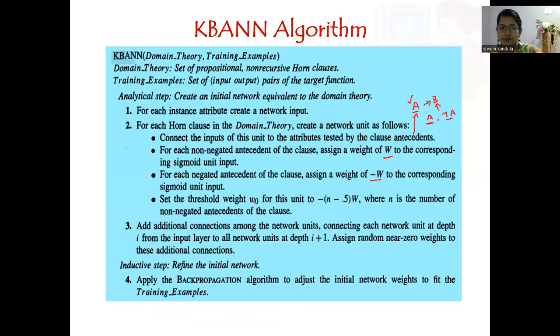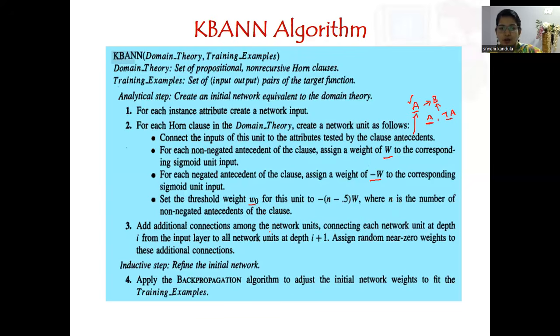So then we should have the initial threshold weight also, right? W naught. So this W naught is taken based on this formula: minus of N minus 0.5 into W. Here N is the number of non-negated antecedents of the horn clause. Okay. So now the third step: add additional connections among the network units, connecting each network unit at depth I